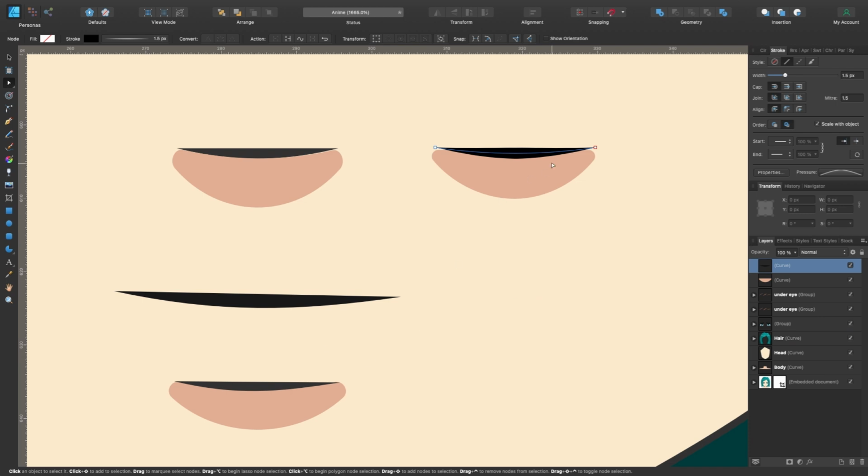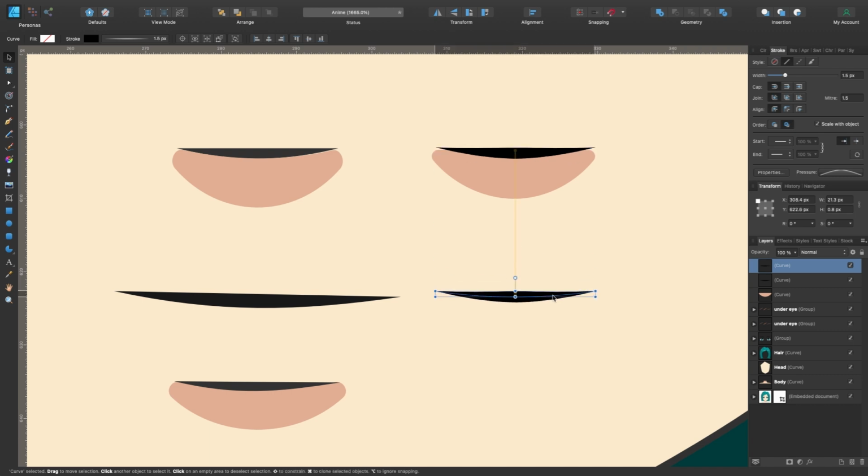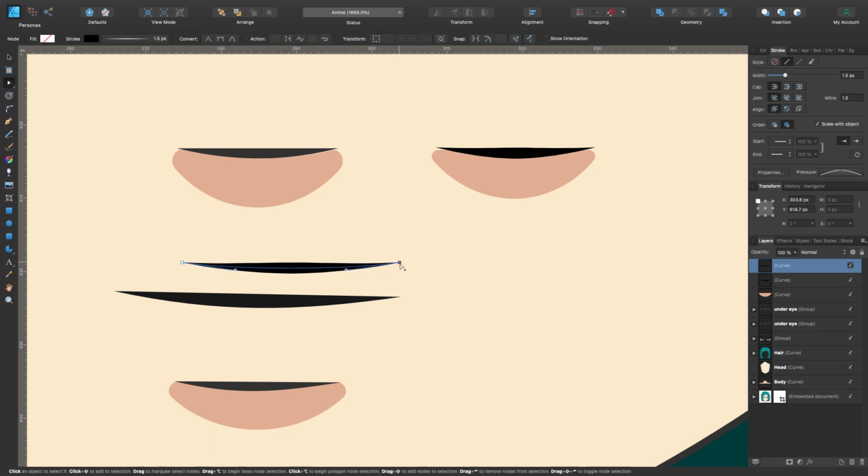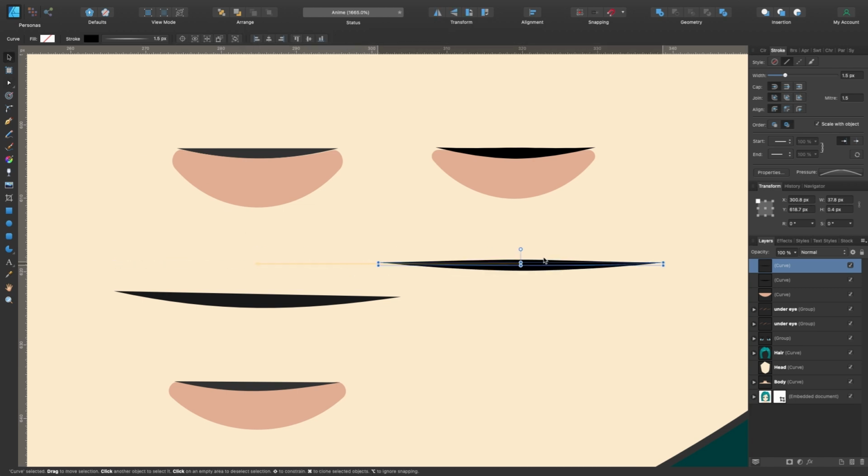So I'm just going to copy these by using what I have up here. I'm going to press V, the move tool, Command J to duplicate that, bring it down. In fact, let's put it above it, and I'm going to grab A, the node tool, going to bring that out like that. So it's the same, and just straighten it up a bit like that one. Press V, the move tool, and you can move it back to the kind of center there where that is. And it's going to be the same again.